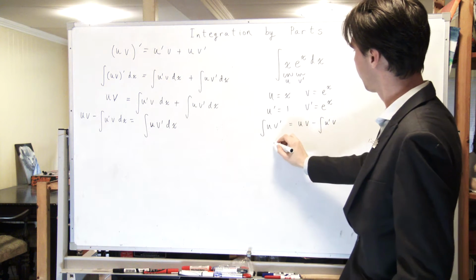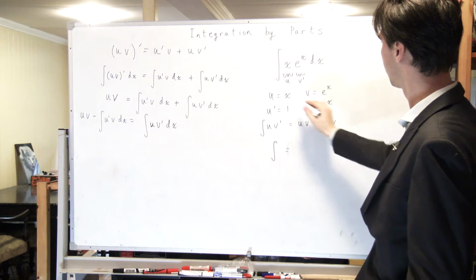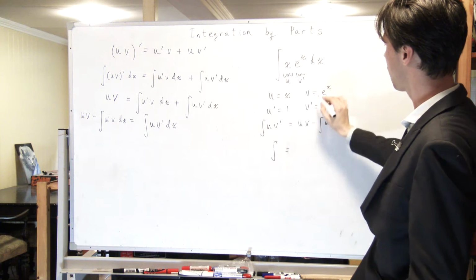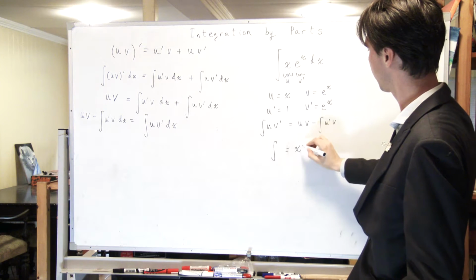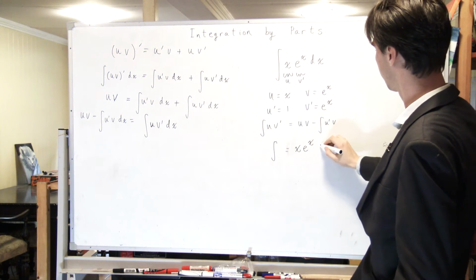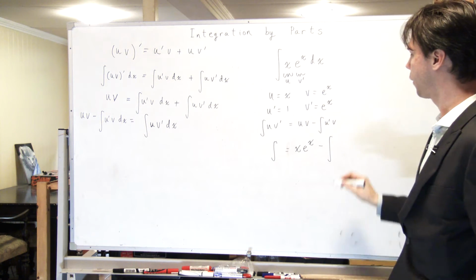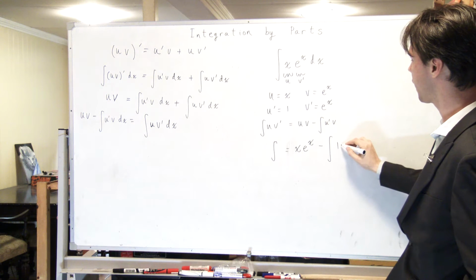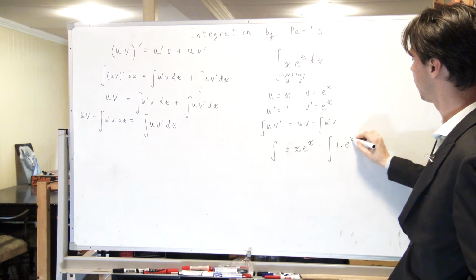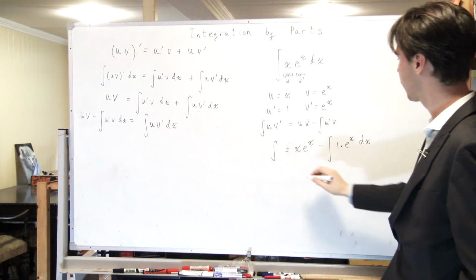So my integral becomes u times v, which is x times e to the x, take away integral of u dash, that's 1 times e to the x, with respect to x,